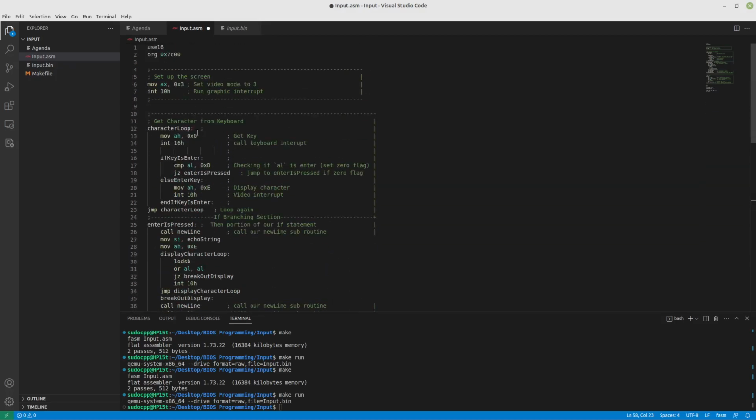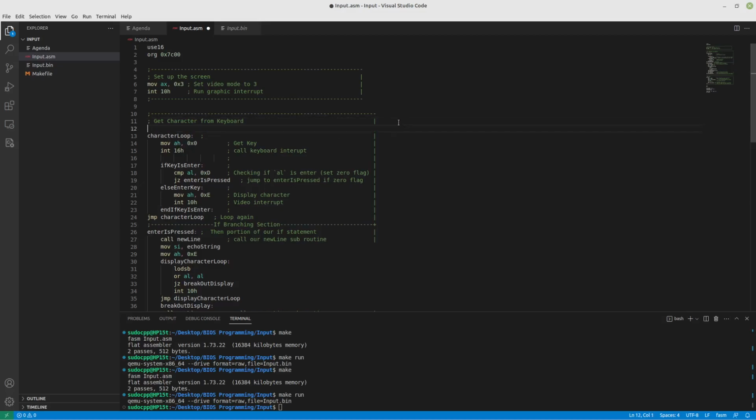So what we will do is when we first get started outside of the loop, we're going to move into DI our entered string location. And once they add a character here, or I should say once we get their key, what we will do is,